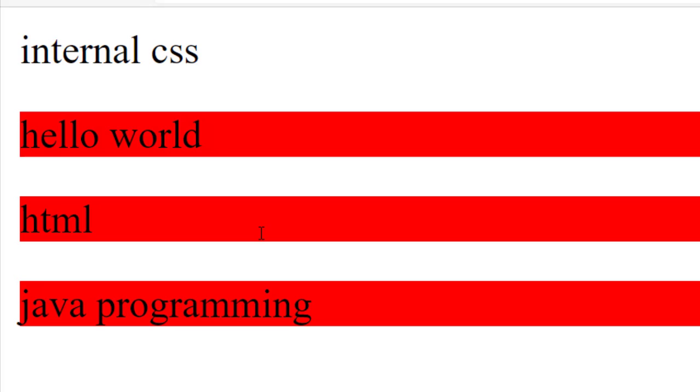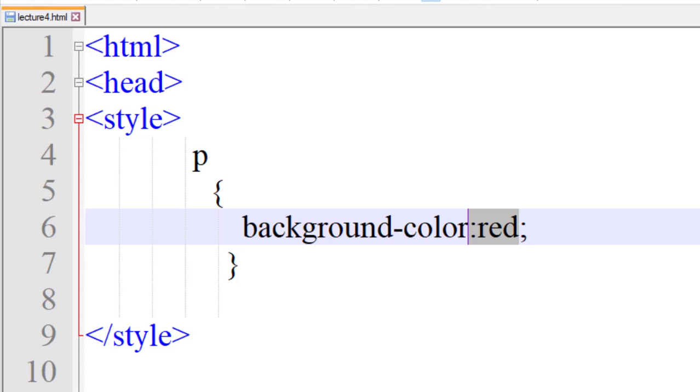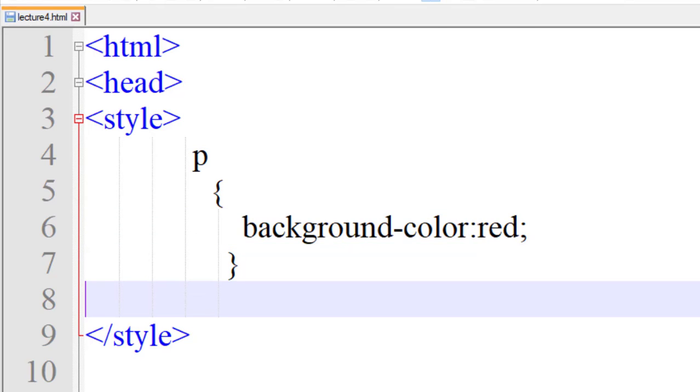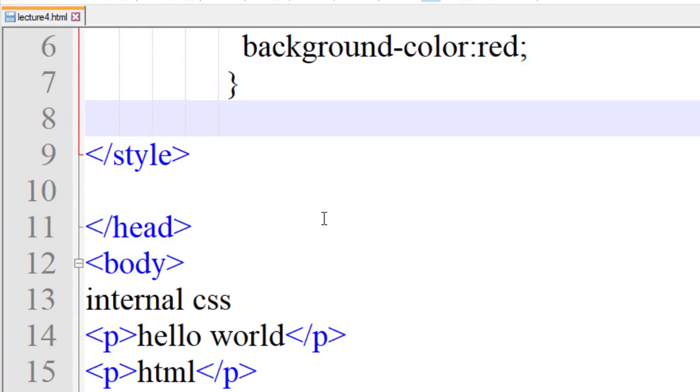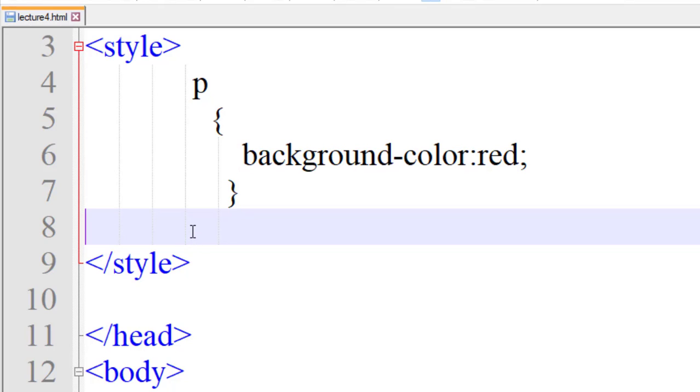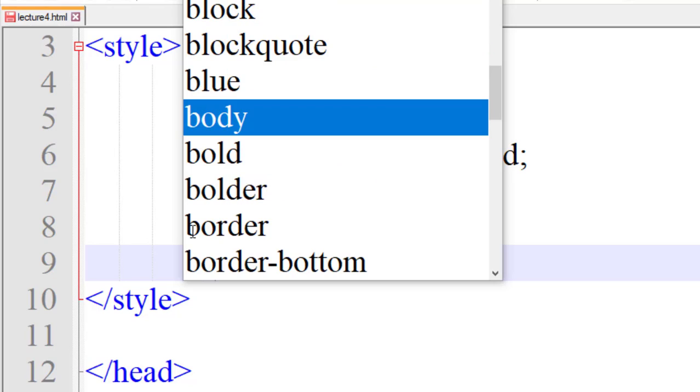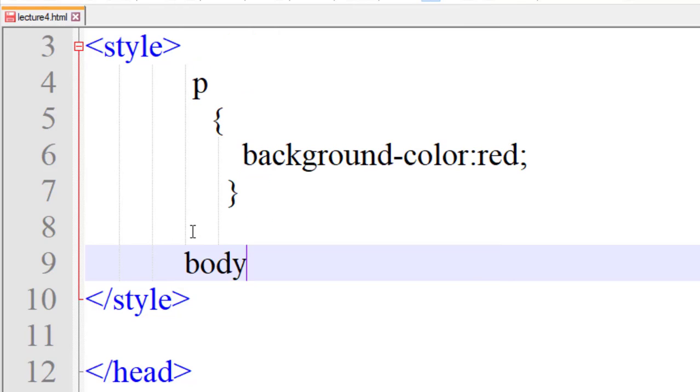Okay, you can see all the paragraphs get the red color. Now I want the body color as light pink. That's why I will take the body. This one is your body tag. So I will take the body as the selector.